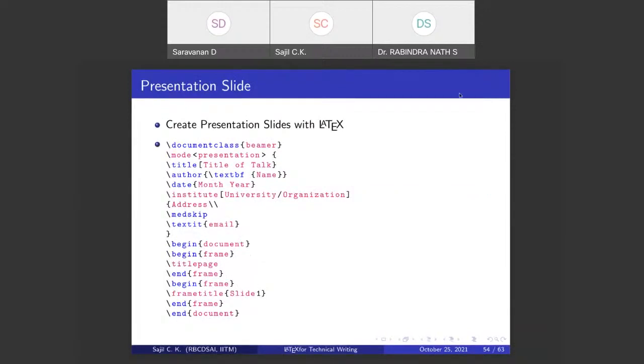Okay, now I will show you some examples of how to create presentation slides with LaTeX.